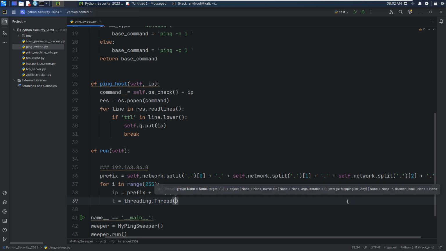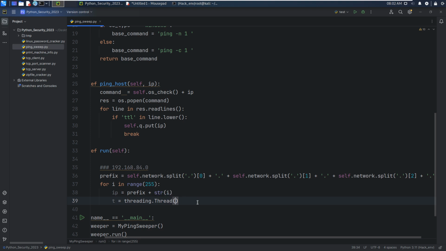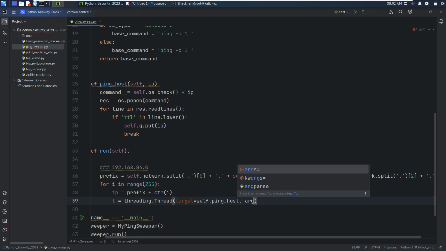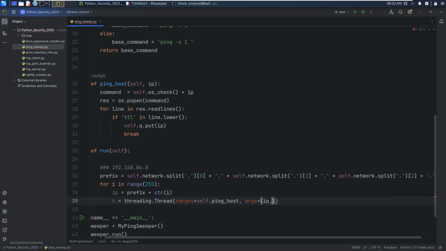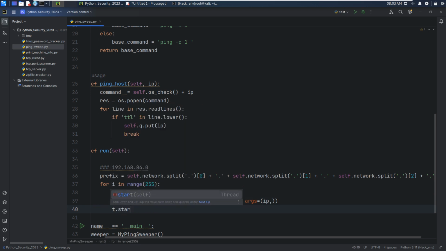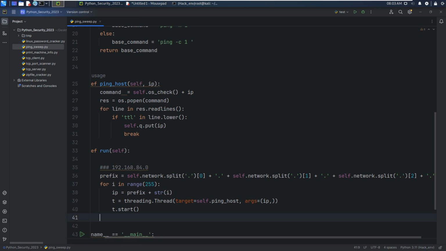This will create an instance of this class, and we need to pass the target, which should be self.ping_host, and also the IP. Yeah, this should be a tuple, and then we can start. Okay, and then it's done.